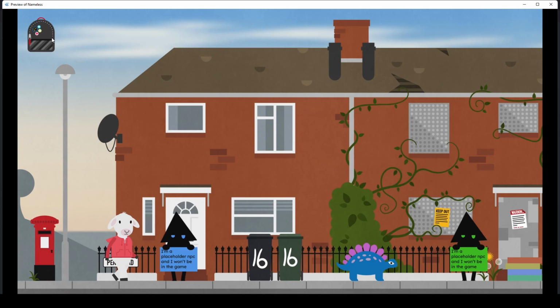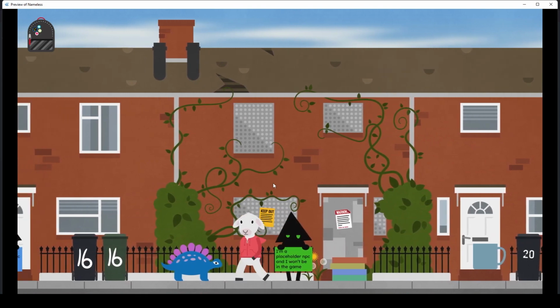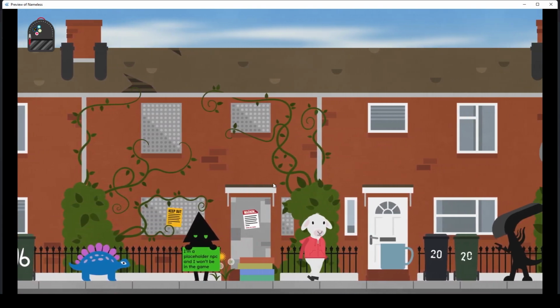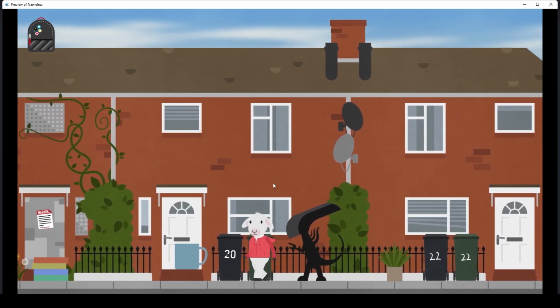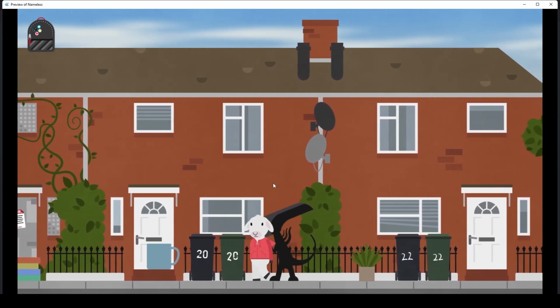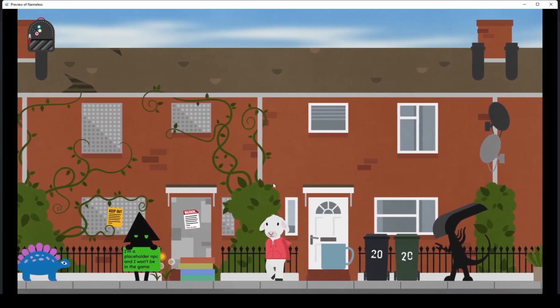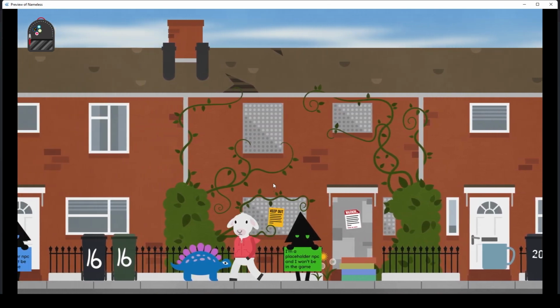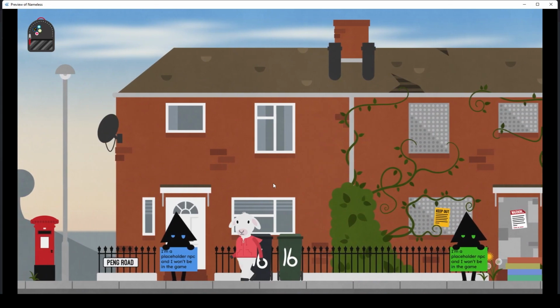Anyway, so he's got his sort of sports bag, and now, what happens when you collect something? Well, you're not going to be very surprised by what happens when you collect something. But as you will notice, since my last video, the neighbours in this street have become very untidy, and they've chucked out a load of unwanted household items, which is very antisocial. But it's quite helpful for me because I can put some of those things in my bag. So let's grab the dinosaur, and you will now see we have a dinosaur in the bag,